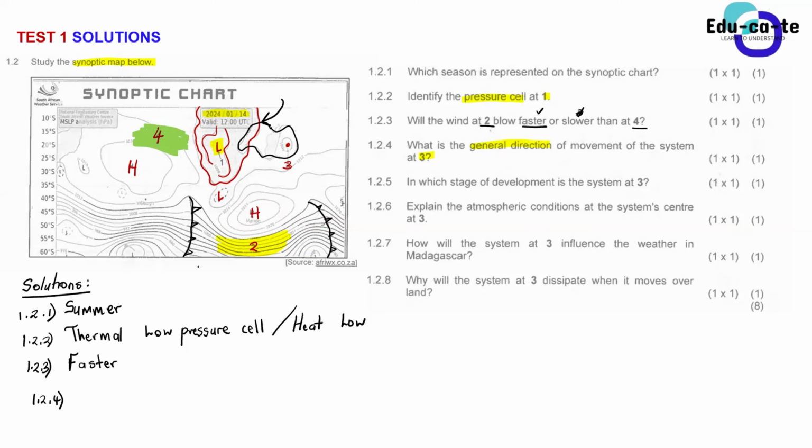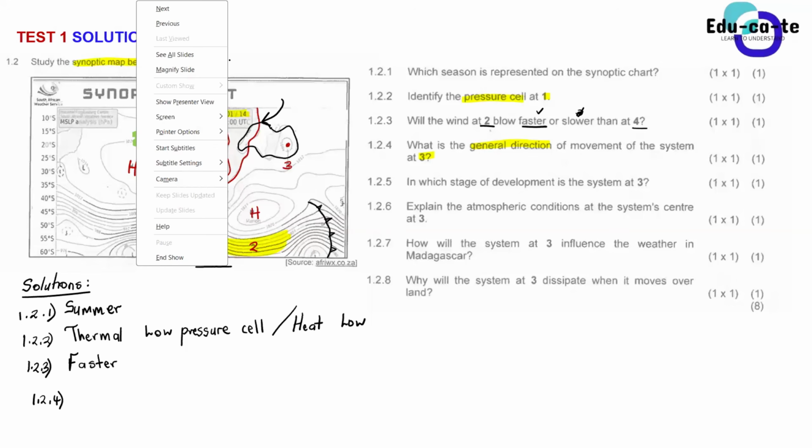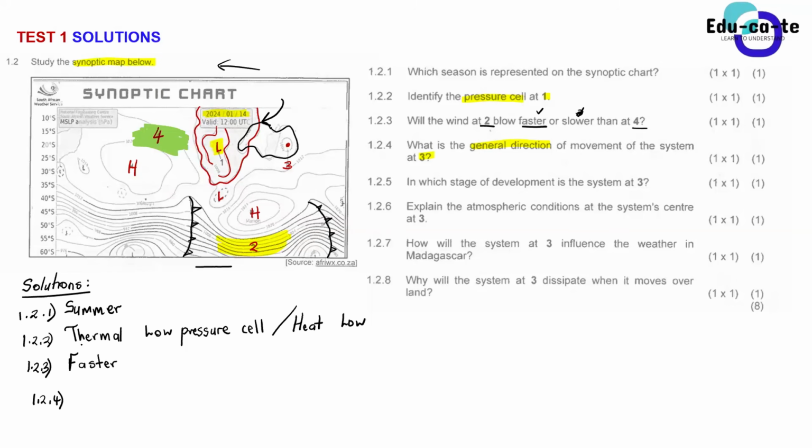When the mid-latitude cyclone moves eastwards, the tropical cyclone moves westwards, or towards the west. So the general direction, you can say it is westwards, or you can say it is from east to west. It is the same thing. Or you can say it's towards the west, or you can say it is westwards. But we're still going to do details on the tropical cyclone. Don't worry about it too much.